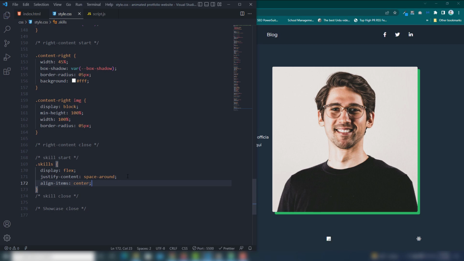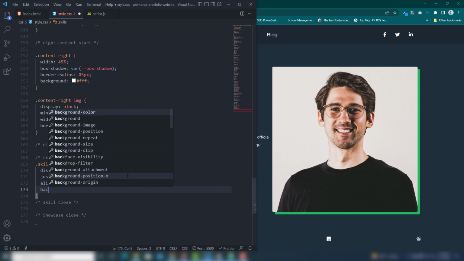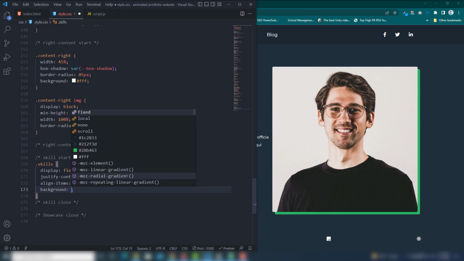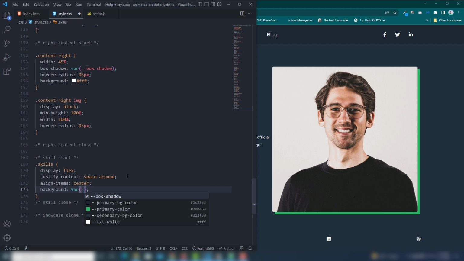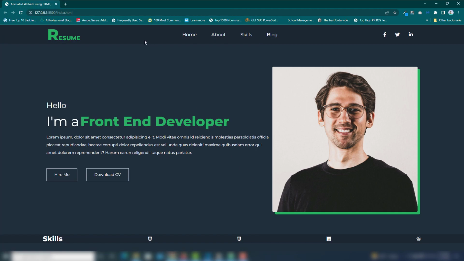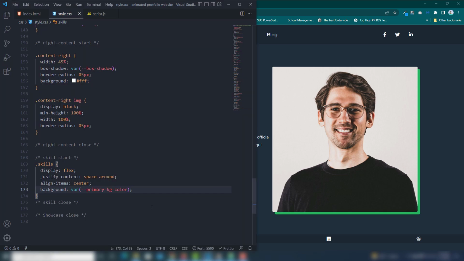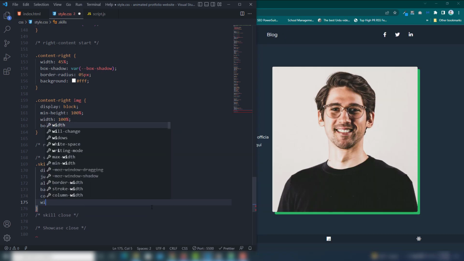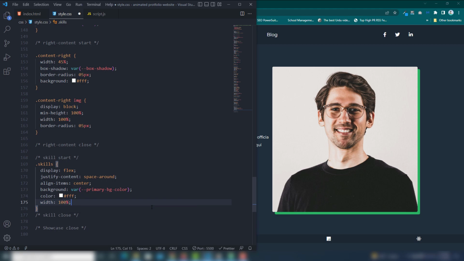right? And then I'm going to use the background will be primary color, primary BG color that I've used on ours right now, as you can see, and color will be white, perfect, and width will be 100%.